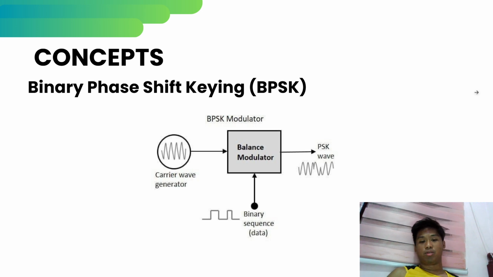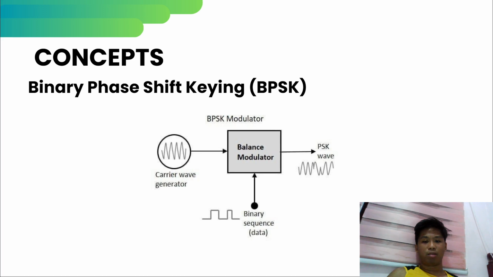This diagram shows the modulation process for binary phase shift keying, or BPSK. During the modulation process in BPSK, symbols are represented as phase shifts in the carrier signal. A binary zero is transmitted with a 180-degree phase shift, whereas a binary 1 is transmitted with no phase change. To make the data transmission easier, phase shift information is encoded into the carrier signal,